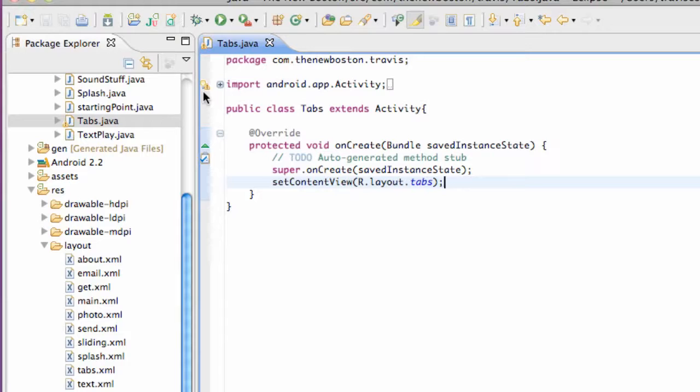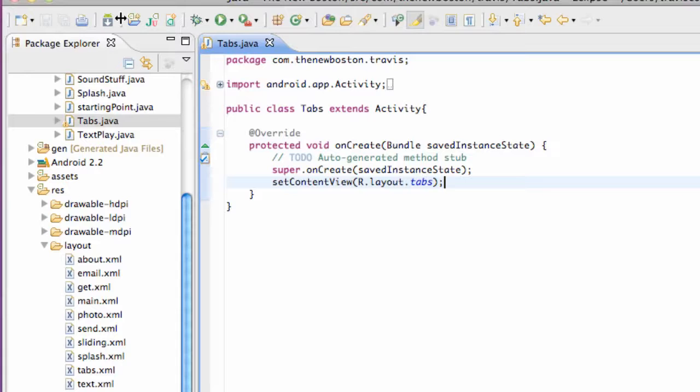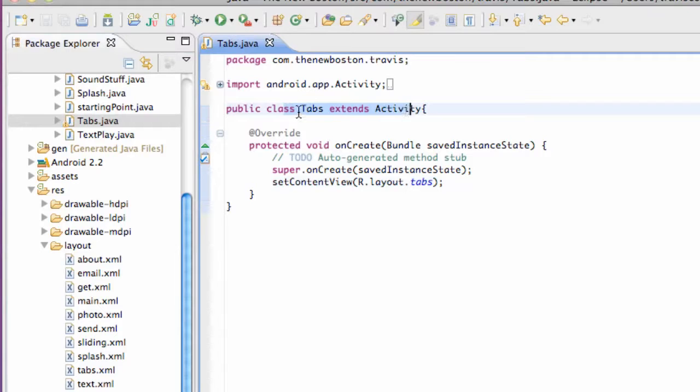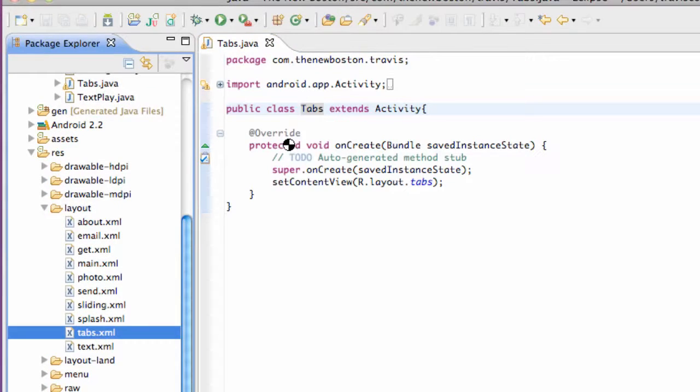And what we're going to do in this tutorial is again set up a small application that deals with tabs. Something like this is our desired result. But for this tutorial, we're just going to set up the XML layout. So I want you guys to create a class called tabs, and also an Android XML file called tabs as well, lowercase,